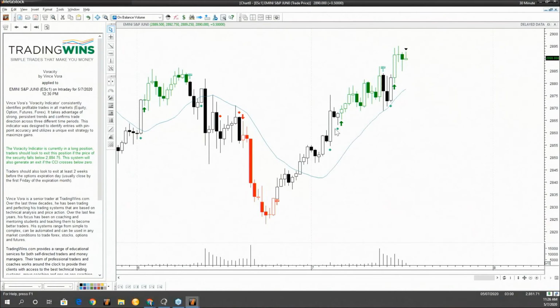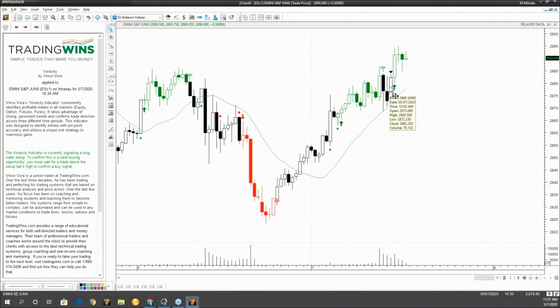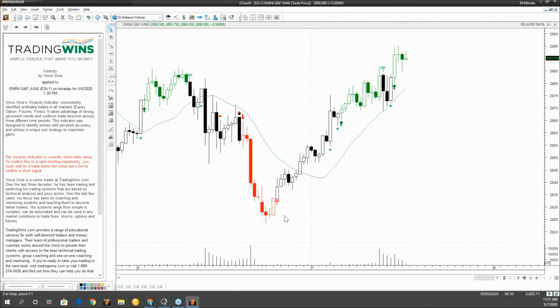Again, the last move that we had right here, we got a setup and would have been into the trade once it crossed 288351. So once it crossed there, you'd be into the trade. At this point, you're still in that trade. But this last move is a really good trade right there. You got in and took advantage of the large move here. If you're shorting the market over here, the last short move that we had, if you're doing shorts on the S&P 500 future, it's a great way to go about it.